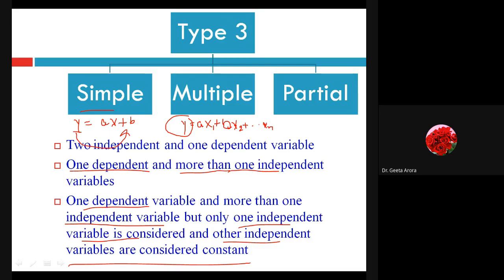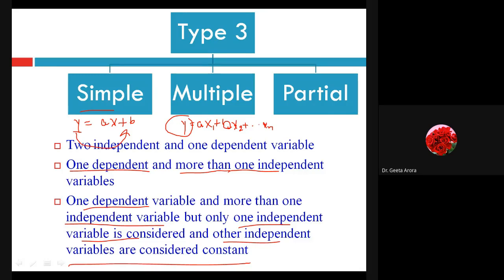Correct. And there are various factors. If I just talk about demand and supply, that how much I have to produce depending upon the demand, this is one factor, so it is just a simple correlation. If I look at how much I have to supply to a particular company, or how much I have to produce, I might be looking at more than one factor. If I'm looking at how much advertising I have done, what the cost of my product is, what the quality of my product is, obviously all these things are affecting the demand of my product.